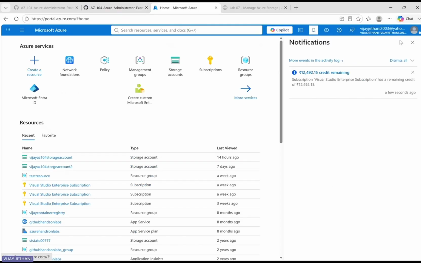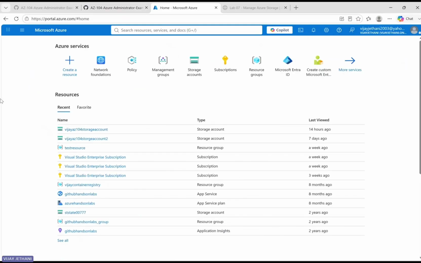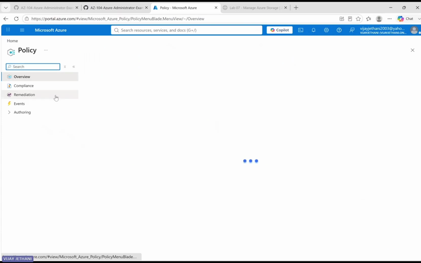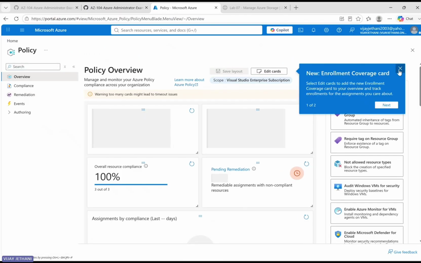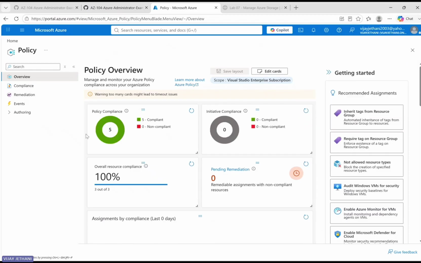Now at this point of time, the first most important thing, which I told you last time, was Azure policy. So now is the time to create those Azure policies before we jump into creating any of the storage accounts, because for this we want to make sure that we provide some kind of tag for the resource group. If you don't have a tag, then you cannot create that resource group. So let me create this policy,